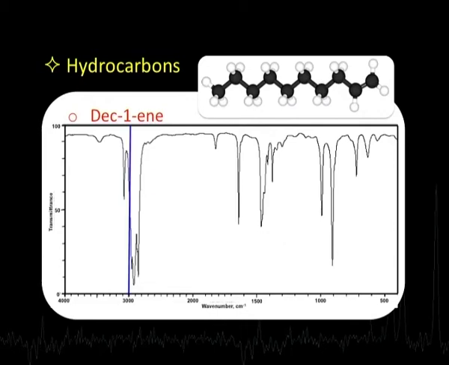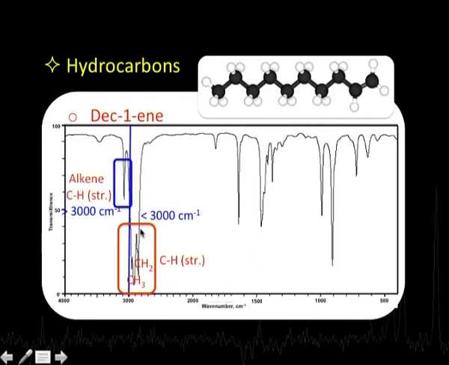Again, we will draw a line around 3000 centimeter inverse and look here. What you see is typically, as we observed in the previous saturated hydrocarbon, the same CH stretchings, which are observed below about 3000 centimeter inverse, just below this line. Now, in addition to that, there is a signal here, slightly above 3000 centimeter inverse, about 3100 or so, and this is the CH stretching